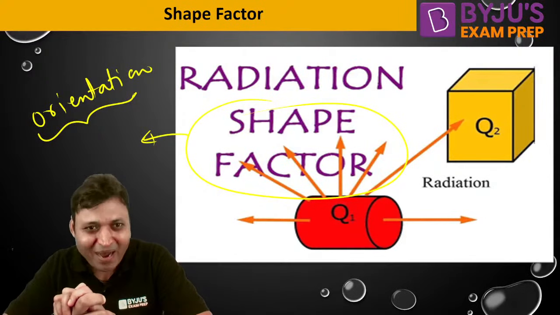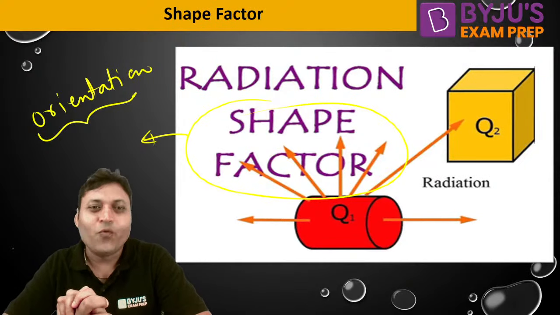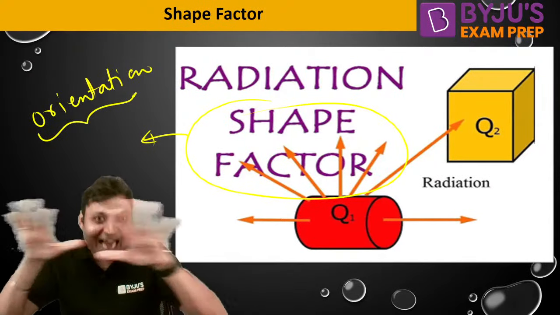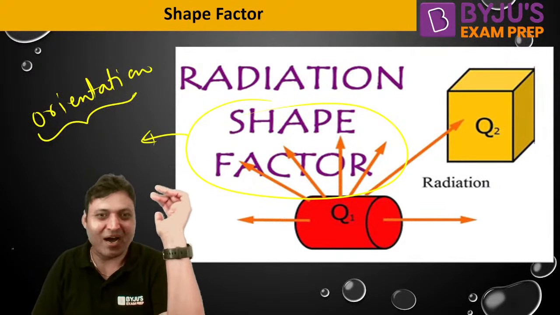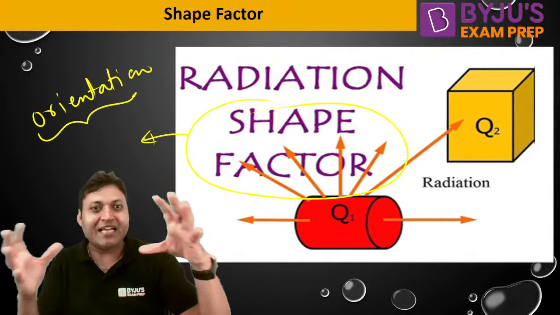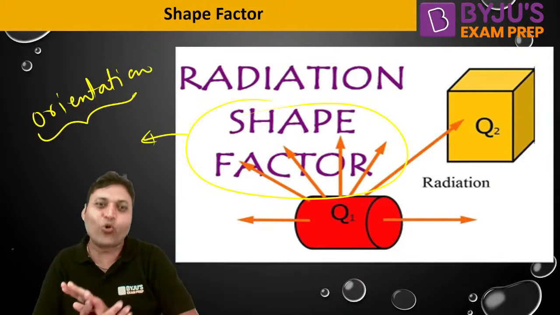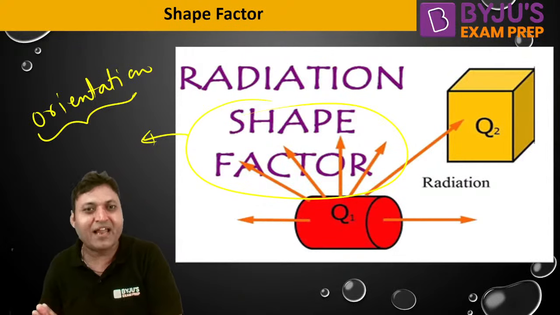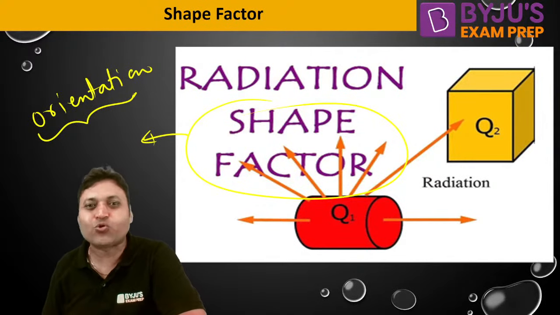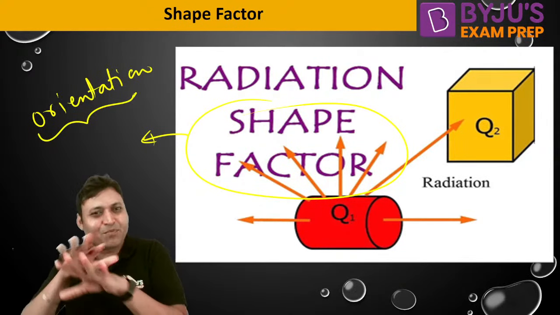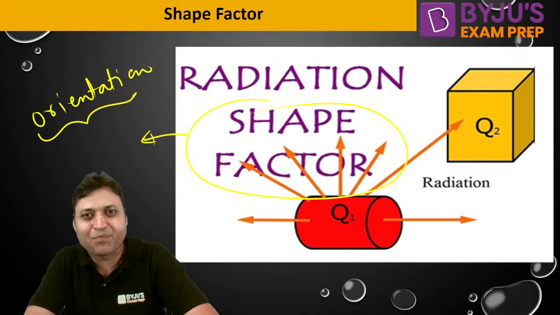Whenever we take a sun bath, we always lie down to take it. We do not stand, because taking more heat or radiation from the sun requires a particular orientation. The orientation decides how much radiation from the sun reaches your body. So whenever we take a sun bath, we lie down rather than standing. That is because of the concept of shape factor.